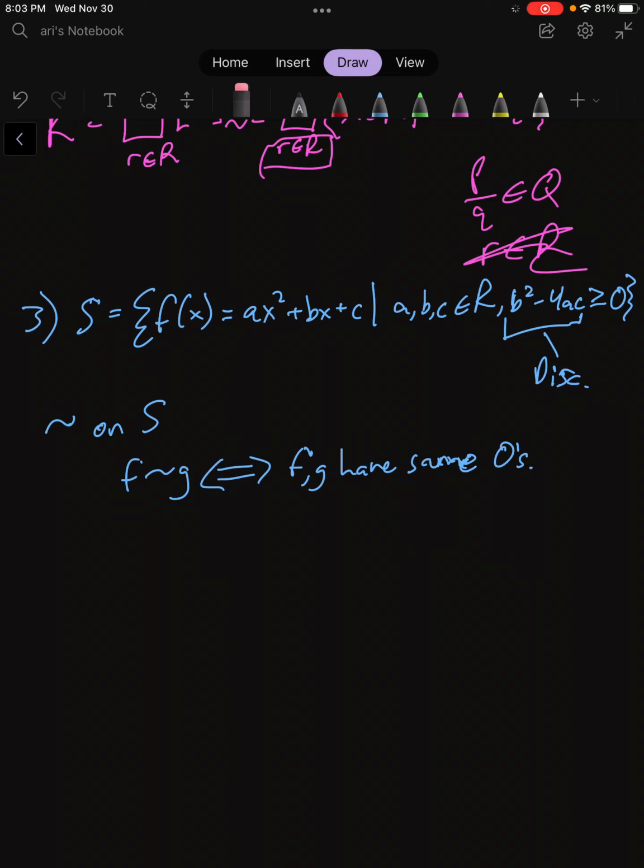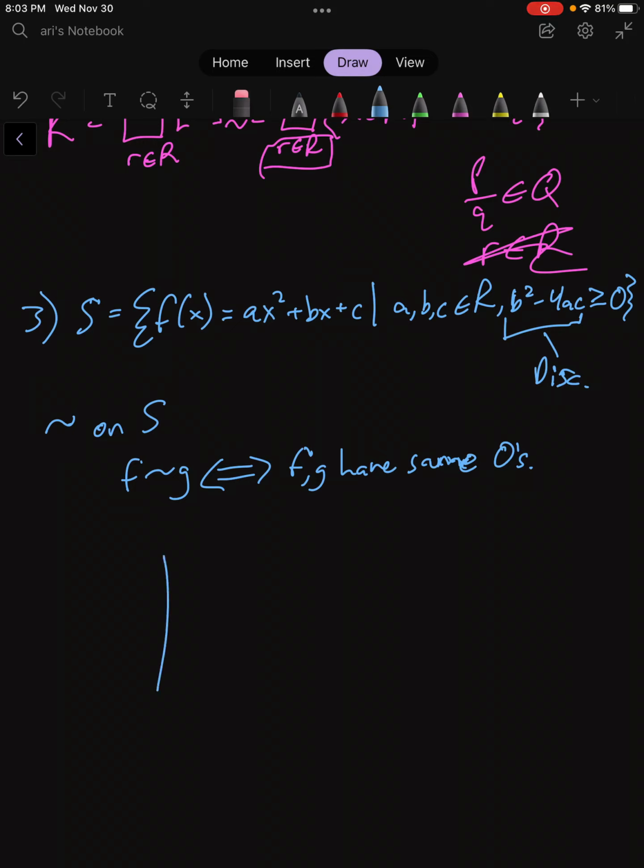Okay, so that's what S contains. It contains all of these functions of x. So f tilde g means that f and g have the same zeros. It doesn't mean that they're necessarily the same function. It just means that if you find the roots of x where it crosses the x axis, if you were to plot them,